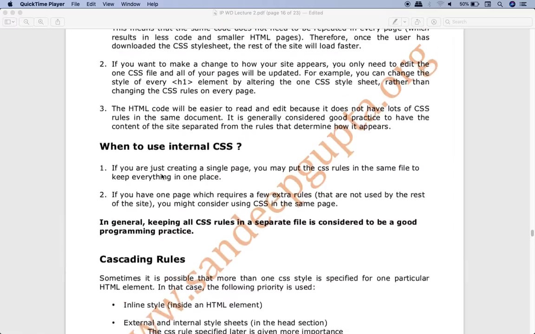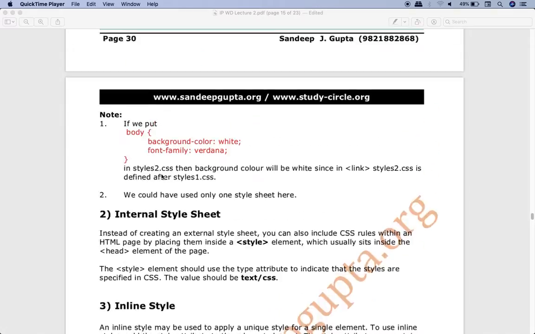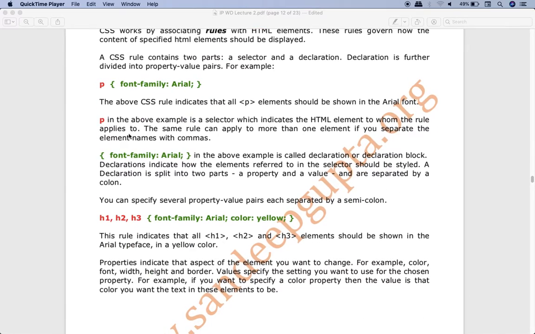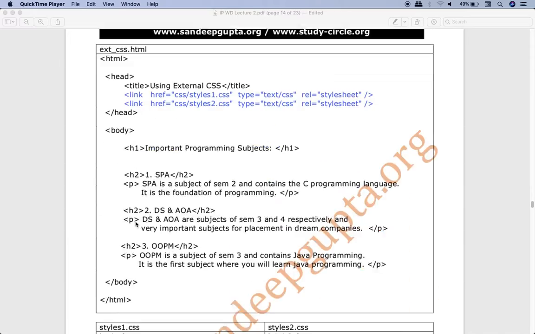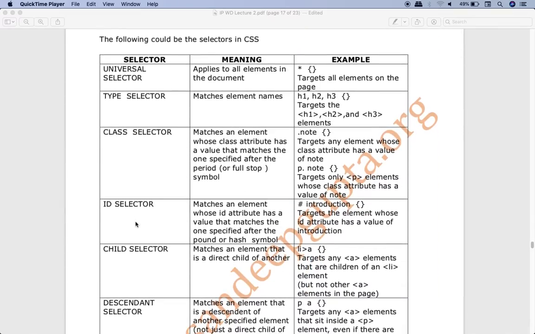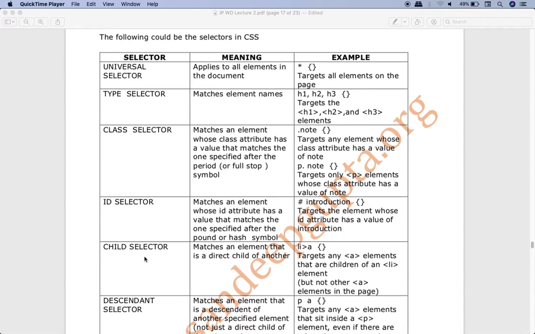Now, I hope you remember what the selector in a CSS rule is. So, a CSS rule looks something like this, okay. Over here, the red color which you see, P, is the CSS selector. H1, H2, H3 are also CSS selectors. Basically, selectors are those elements to which the styling is applied. Over here we have a table in which we have specified all the important CSS selectors like universal selector, type selector, class selector, and so on.